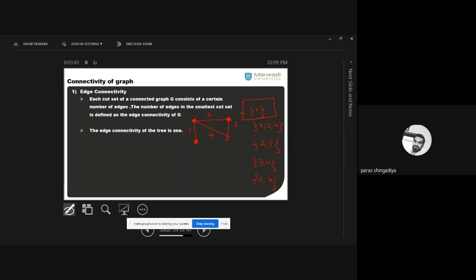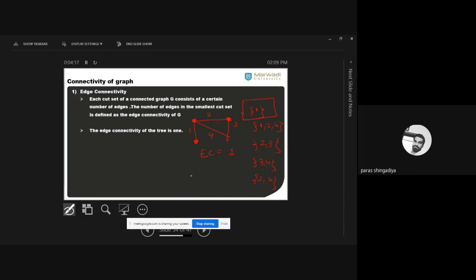And now, how many edges are included in this graph? Okay, there is only one edge included, so the edge connectivity of this graph is equal to 1. ठीक है, पूरा ग्राफ की एज कनेक्टिविटी क्या होगी? That is equal to 1. ओके, we are not checking edge connectivity of any cut set, ठीक है, we are checking edge connectivity of any graph. So here in this graph, edge connectivity will be 1. Okay, by using a single edge only, we can make the graph disconnected. ठीक है, एक एज डिलीट करके आप ग्राफ को डिस्कनेक्ट कर सकते हो. So that is the meaning of edge connectivity.